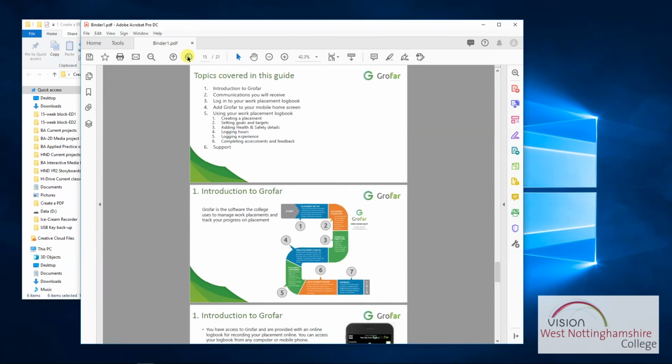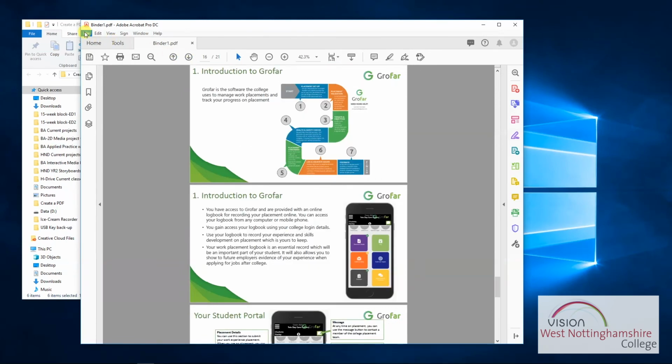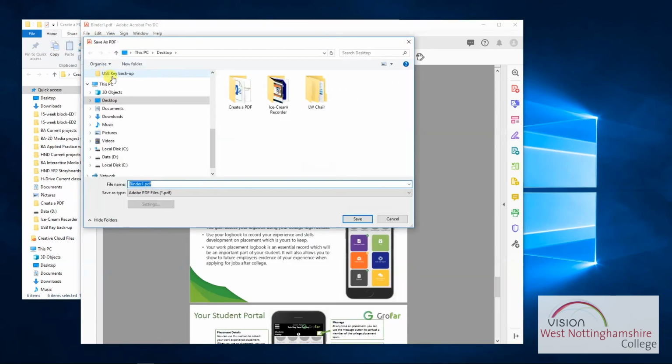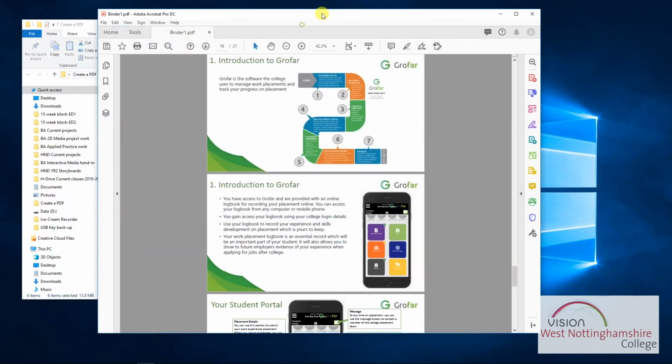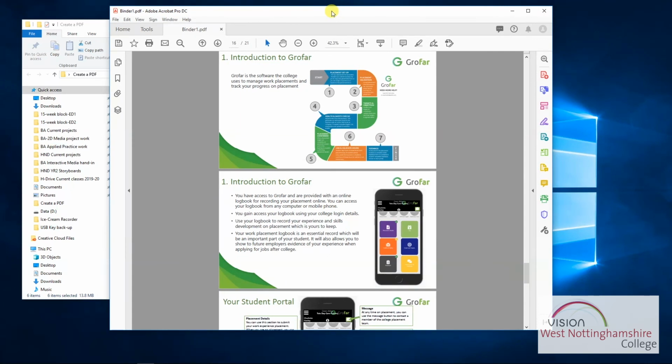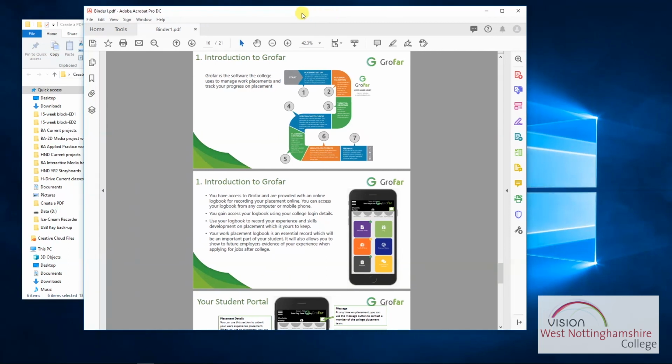So once it's done, it's a matter of saving it to your desktop. My suggestion is you name it as your full name, so when you submit it I know whose it is. Save it, and then you'll use a transfer system that we've given you, which is usually WeTransfer or Transfer Extra Large, to our emails, so then you've submitted it and you can relax.